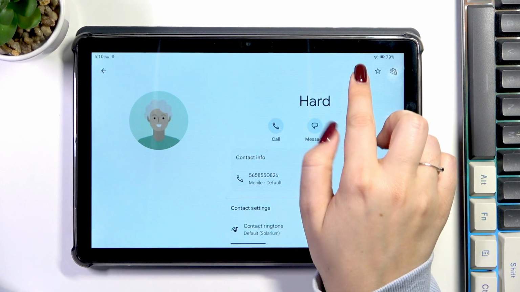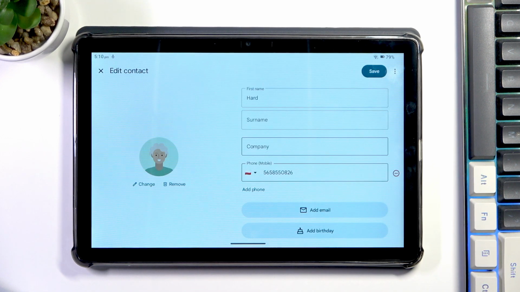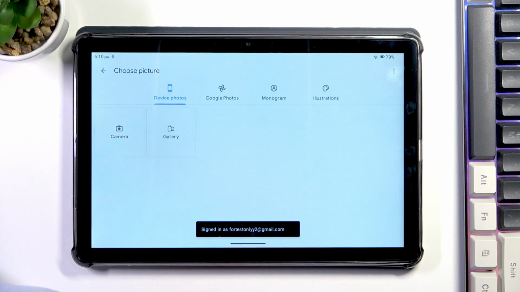Now we have to tap on this edit icon in the right upper corner, so the pencil icon, and let me quickly remove the photo. So this is what you will see after entering the contact without any kind of photo assigned. So then let's tap on add picture, and here we've got different sections from which we can choose the photo from,